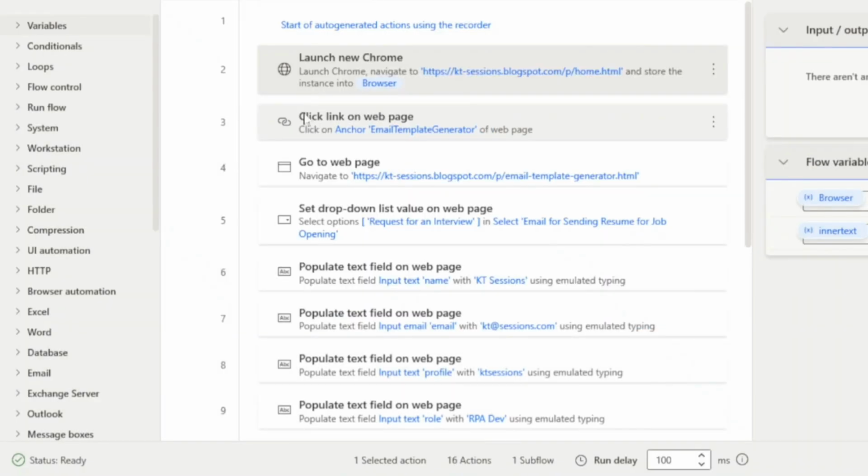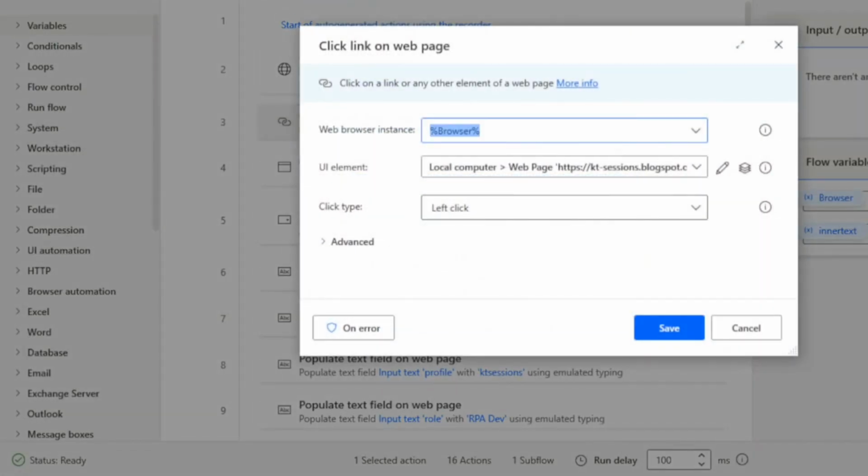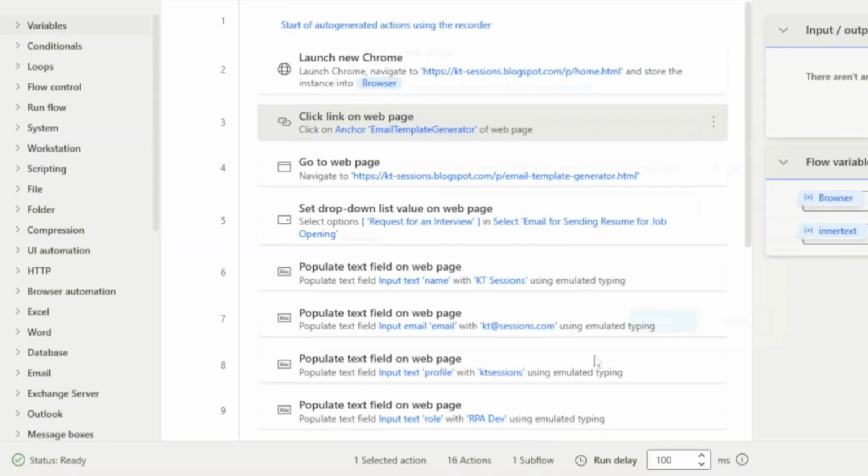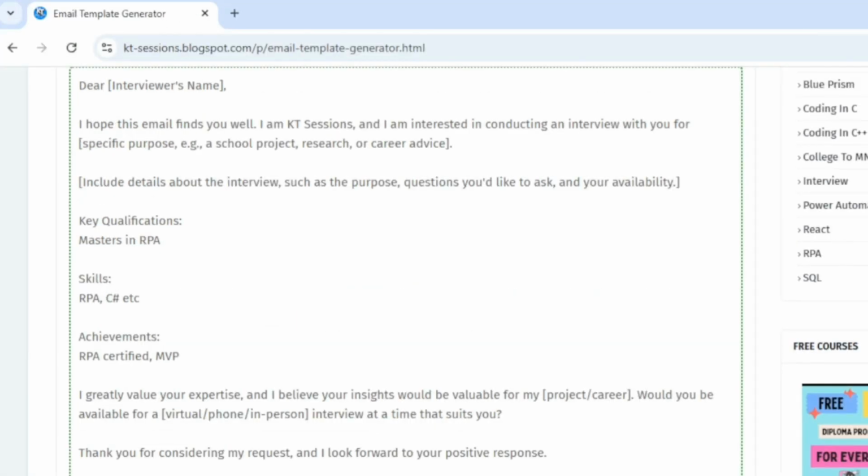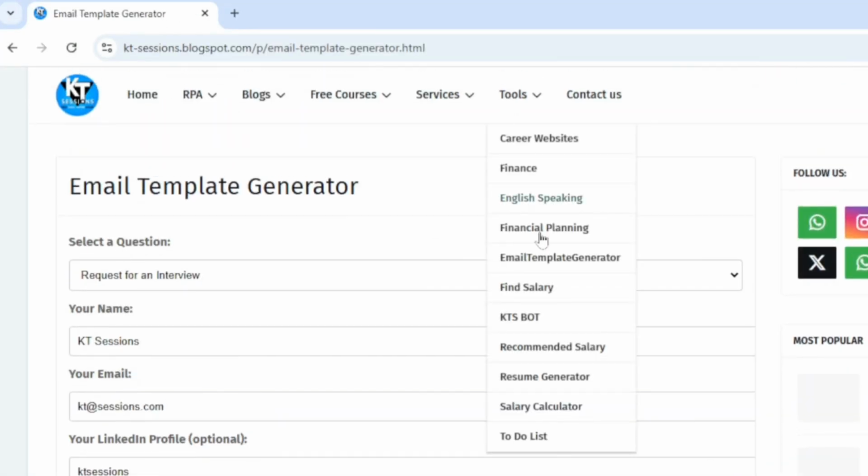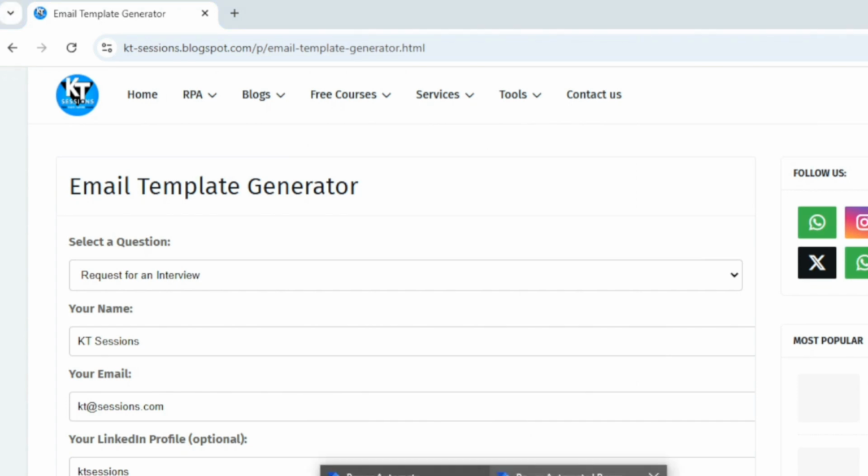Now the next step is click link on web page. As we performed this action, we clicked on the link which was the email template generator. So as we clicked on this link, email template generator, it has captured that action, and then it will